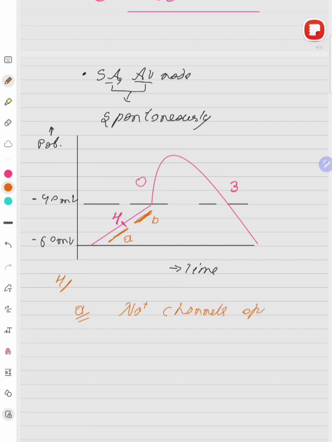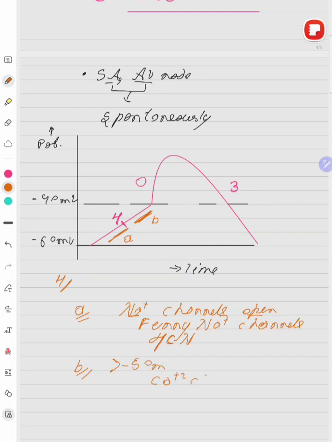These sodium channels are known as funny sodium channels, also known as HCN. And if we look at B, which is beyond minus 50 millivolts,